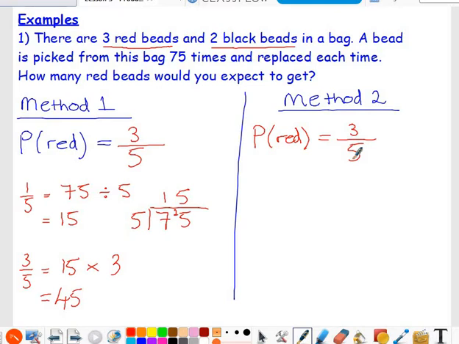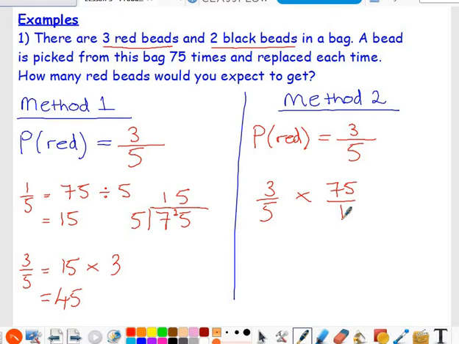Then all we do is multiply the probability of it happening, so 3/5, and we multiply it by the amount of trials. Well, they do this 75 times. Pop our 75 over 1 to make it a fraction,